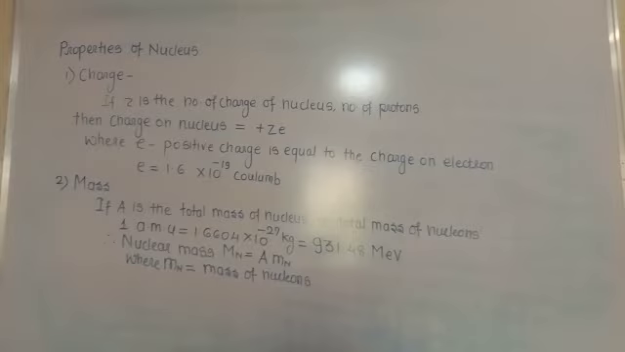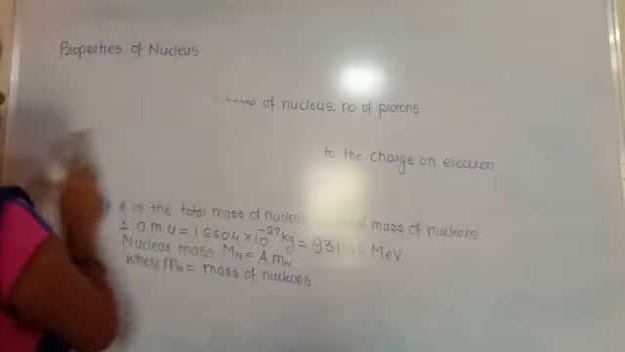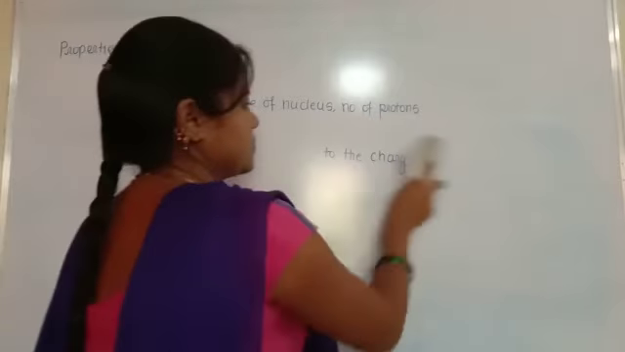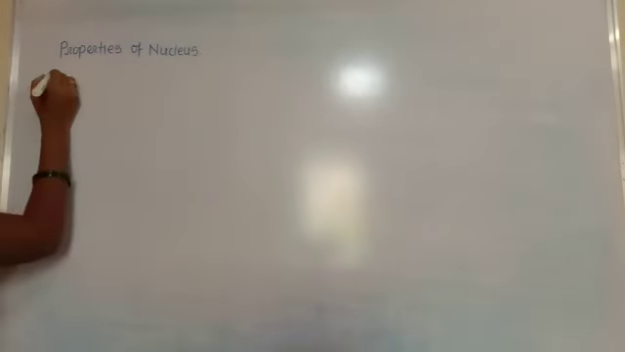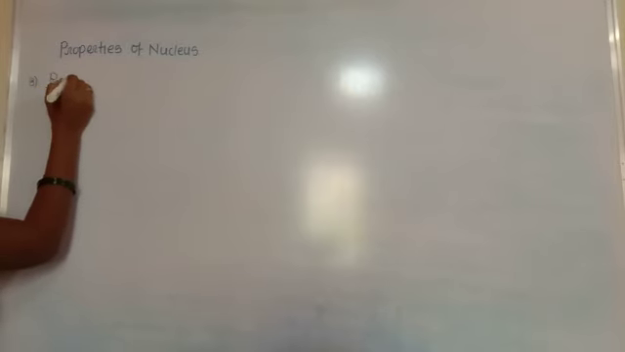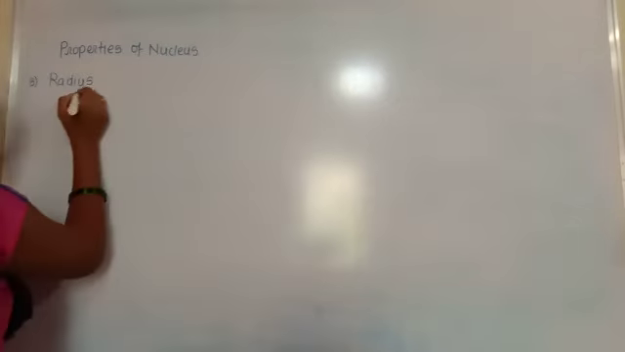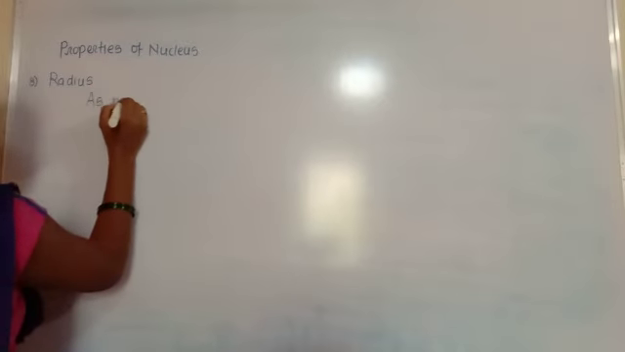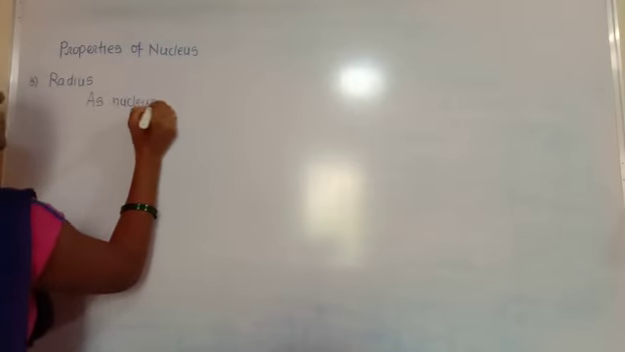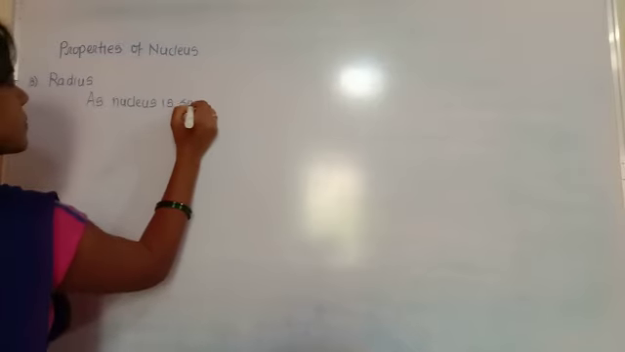The third property is the radius. The third property of nucleus is the radius. So what is the radius of nucleus? As the nucleus is approximately spherical, its volume is proportional to the number of nucleons in it or its mass number A. As nucleus is spherical,